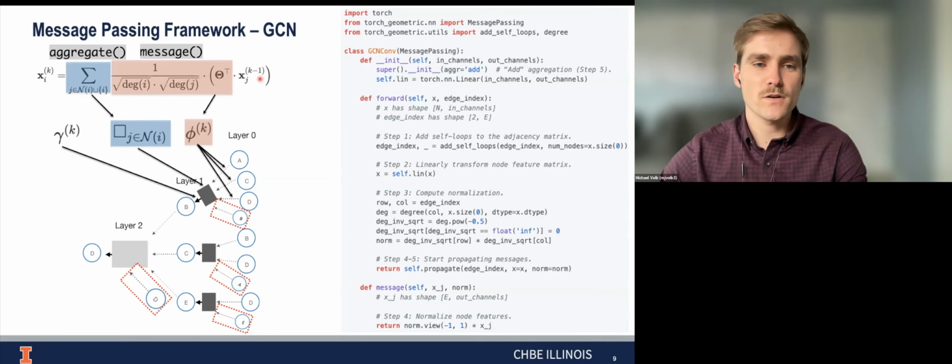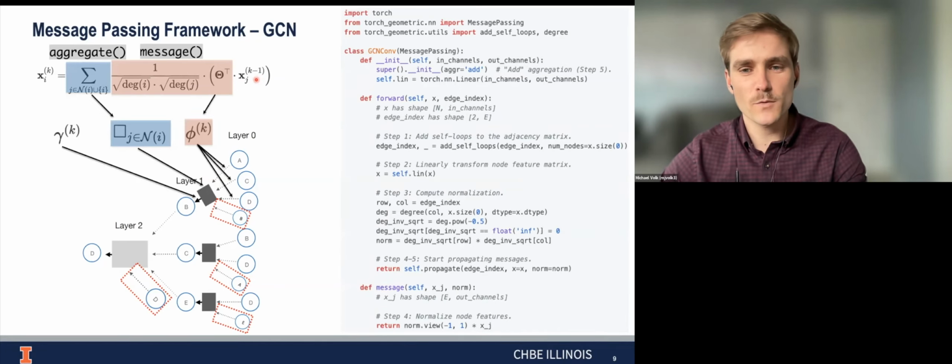And all of this, since these are basically all in matrix form, every one of these operations is being done simultaneously. So we apply the linear layer to every node at once. And so then we're doing the normalization also to every node at the same time. And so after we've called message,